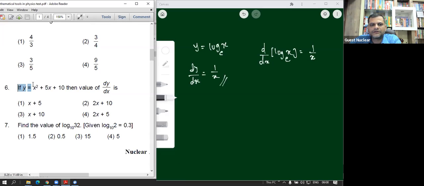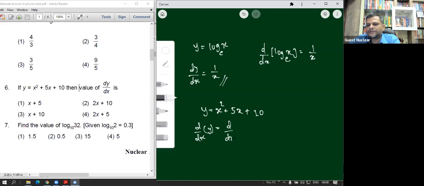Try this sixth question here. That is also based on derivative only. y is equal to x square plus 5x plus 10. Then the value of dy by dx. Have you got that? So देखो यहाँ पे simply हमको डेरिवेटिव निकालना है, मतलब dy by dx जोड़ना है तीनों टर्म्स को. तो यहाँ पे आ जाएगा dy by dx of x square plus dy by dx of